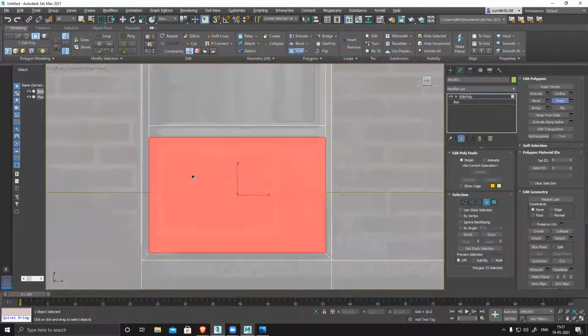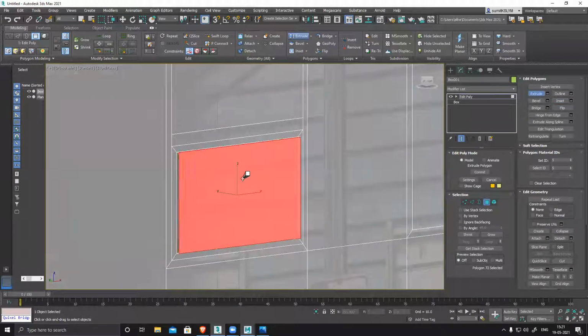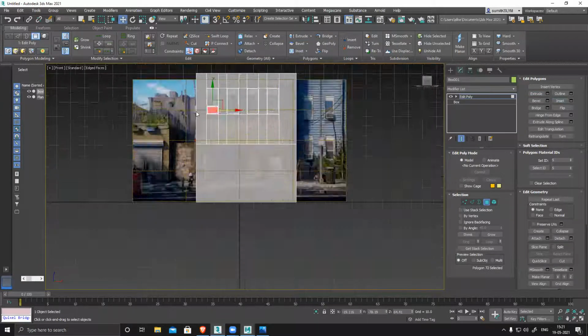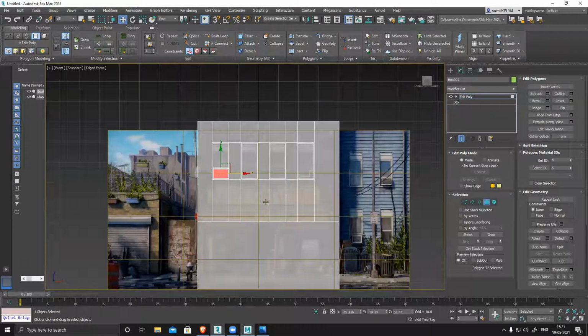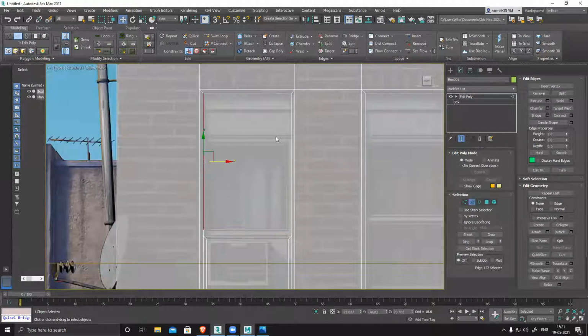Plane, insert, done, extrude, inside, front again. Yeah. Now I can select these two edges, connect. This was not required.